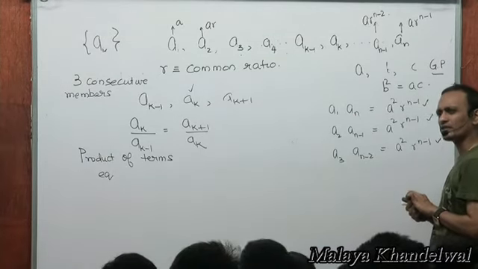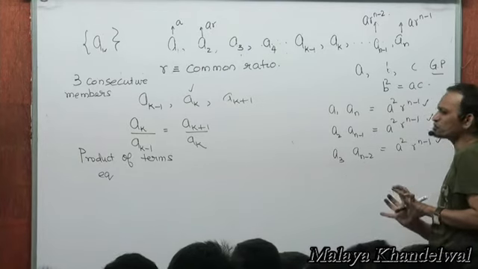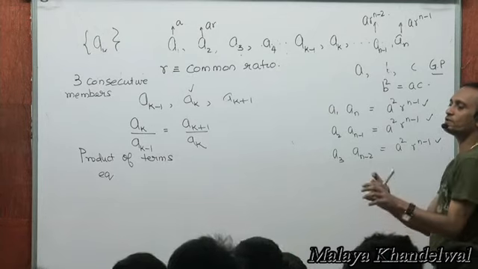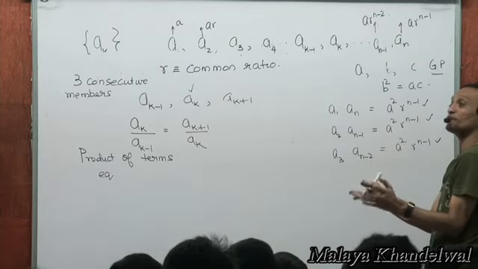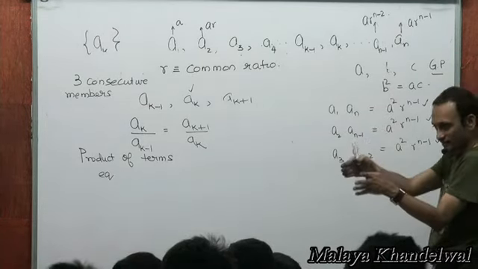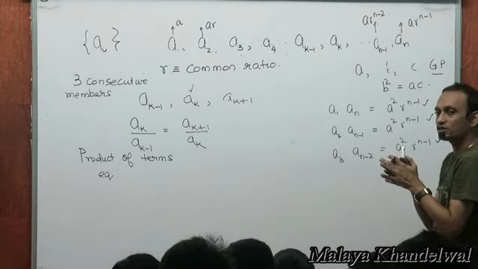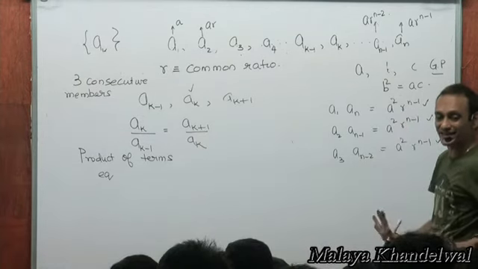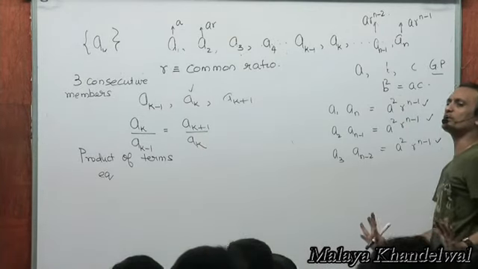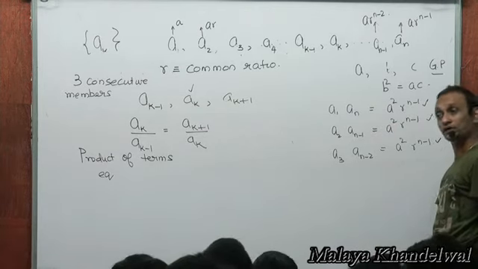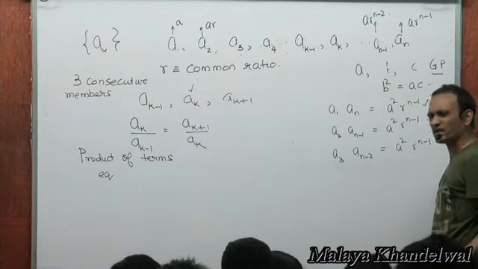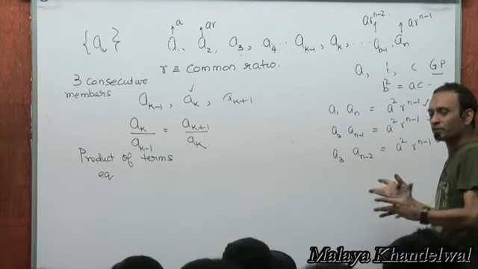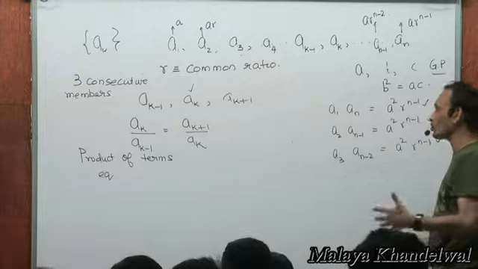For day 1 on progressions, I have just about equipped you with skeletal understanding so that if this terminology AP-GP appears in a trigo sheet or in a logarithmic sheet or in a quadratic sheet, you don't feel lost. Right? To that extent, I have just about given you a bare minimum threshold understanding of AP and GP. Right? But there are more facts about it, all related to this, nothing difficult, but we'll learn them maybe tomorrow.